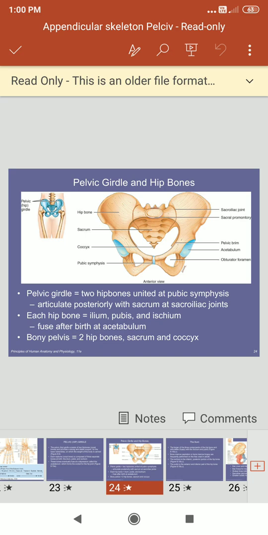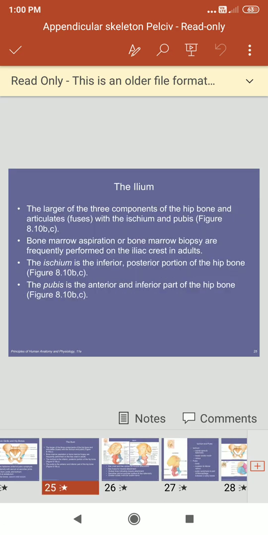The function of the pelvic bone: it plays an important role in locomotion, as the body weight is transmitted to the lower limbs through the pelvic girdle. It is also important in childbirth, as the human neonate must pass through the birth canal which lies within the pelvic girdle as the baby exits the body, and it supports the abdominal organs.